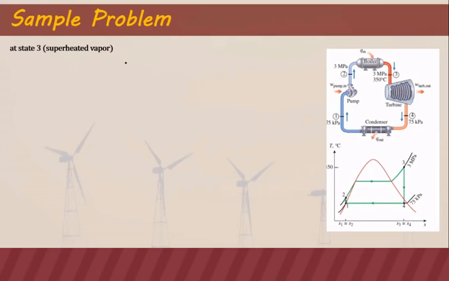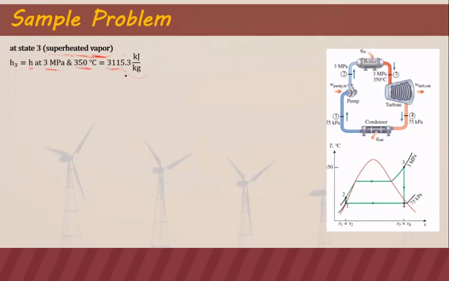So we will use our steam table. Instead of using the saturated liquid table, you will use the vapor table in our steam table. To get the enthalpy at state 3, that is H at 3 megapascal and 350 degrees Celsius. If you're not using the steam table by Cañon, but you're using the steam table in our book, then you will have to interpolate. But you can also use an online steam table. Just make sure that it is a superheated vapor calculator. So our enthalpy at 3 megapascal and 350 degrees Celsius is